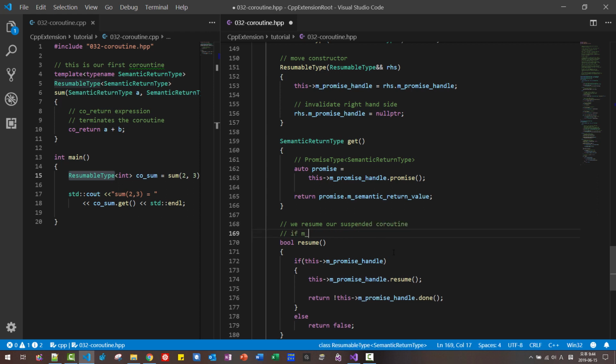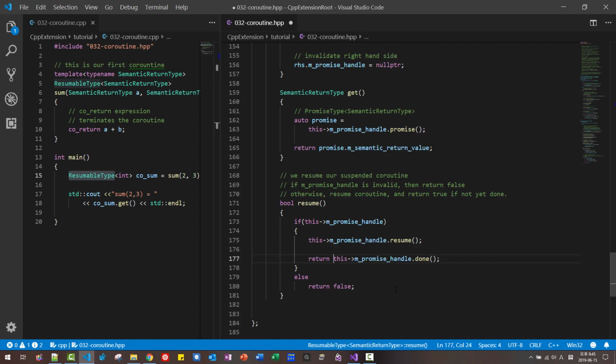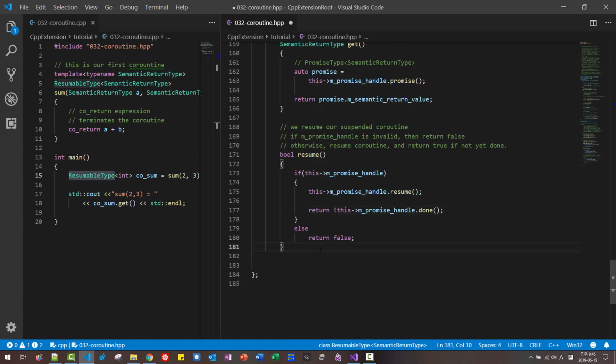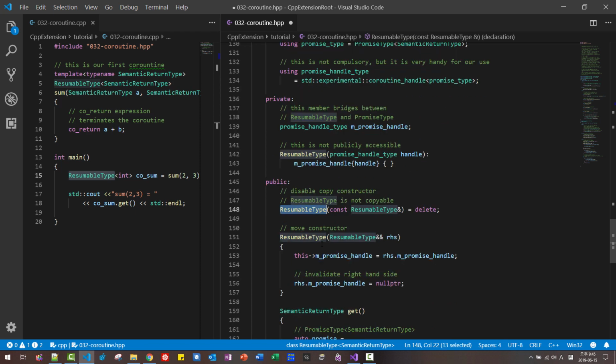If mPromise handle is invalid, then return false, otherwise resume the coroutine and return true if not yet done. If done is true. Okay, anyway, we do this. Now here, let's see, I think we have done. We need to create this structure. Copy,